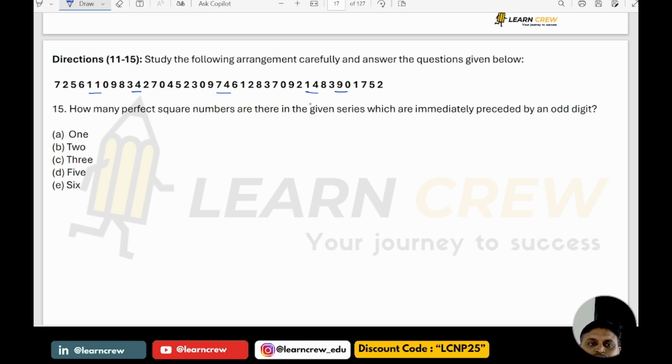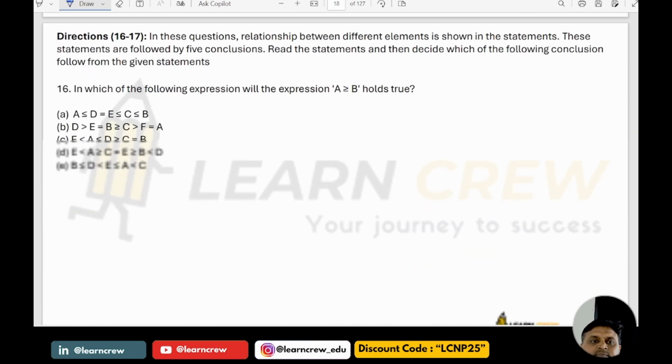1, 2, 3, 4, 5. 5 such cases are there. Option D is the answer. Next,